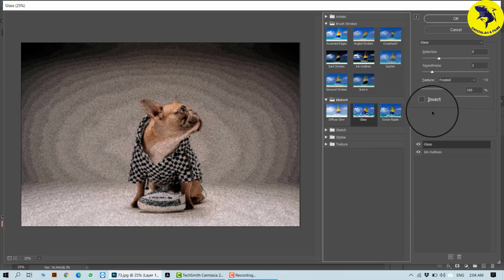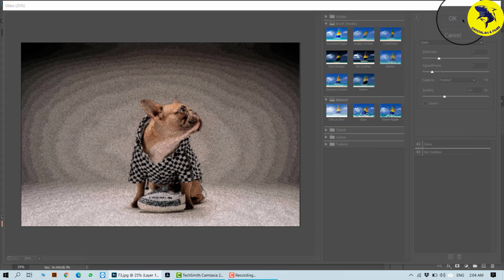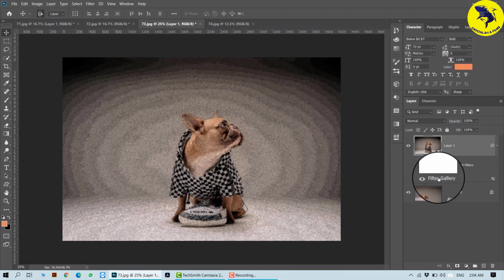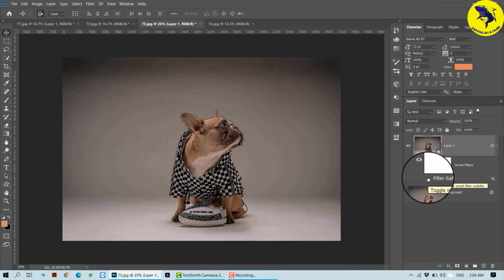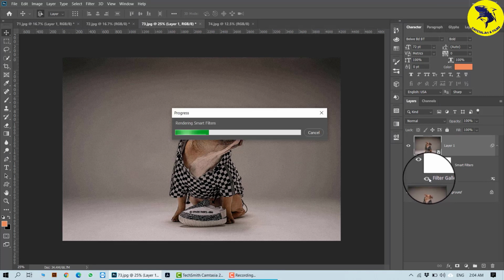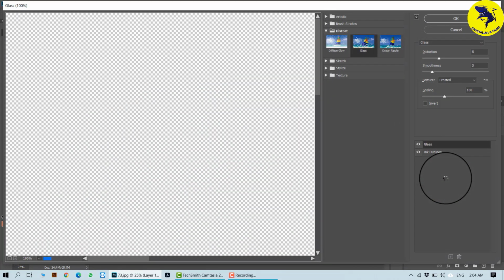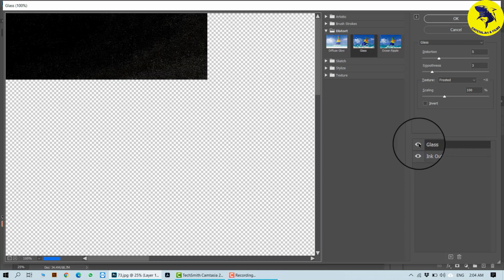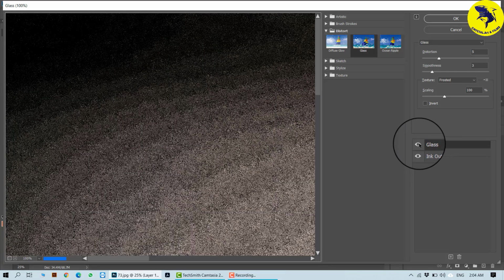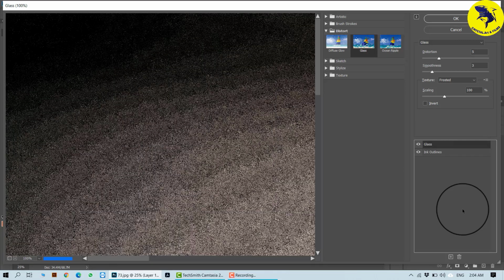Since it's a smart object, this is my smart filter. If I switch it off, it is the same as the previous filter I had applied, and if I switch it on, this is the effect. In case it takes time for rendering, if I double click onto this filter, it will take me back to the same box, and here I can pick which filter I need to keep and which I don't. If there is any I need to remove, I can select it and delete it and it will be gone.